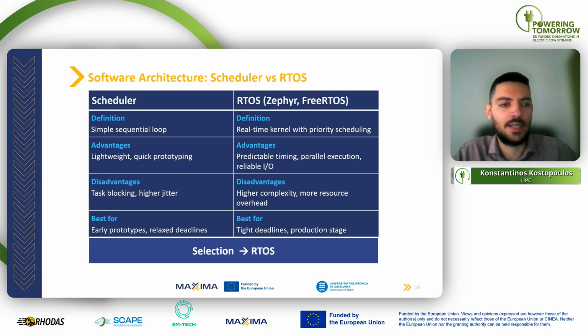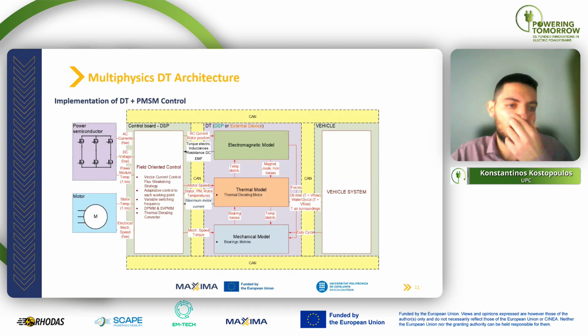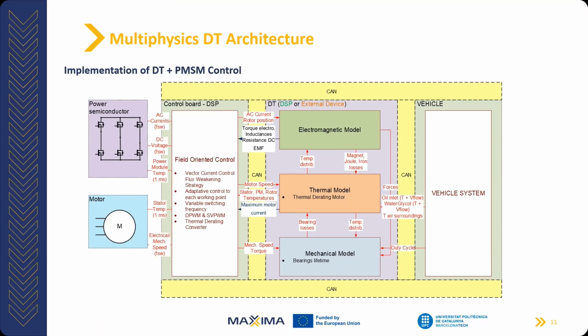And in the final slide here, I want to present you the complete control implementation. And here is how the digital twin integrates with the motor control system. On the left side, we have the control board with a field-oriented control system. And in the middle, we have the digital twin in a light purple color. And here we can find